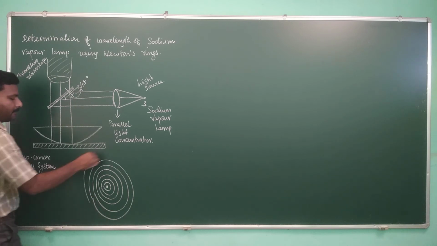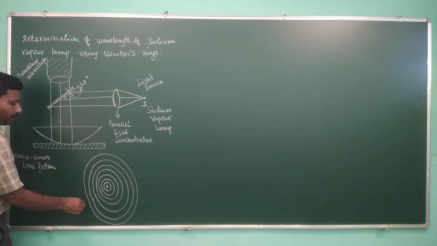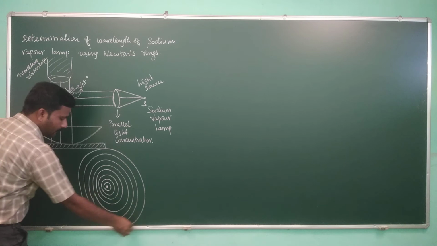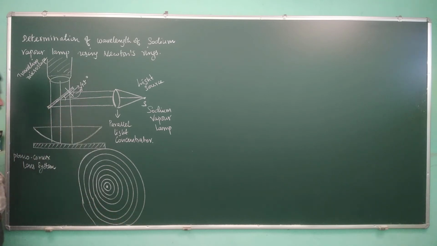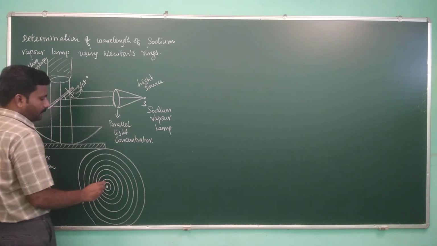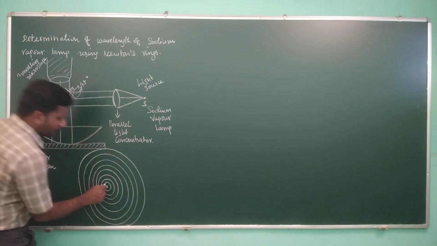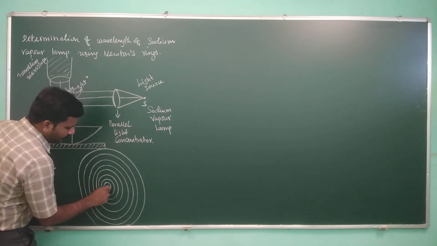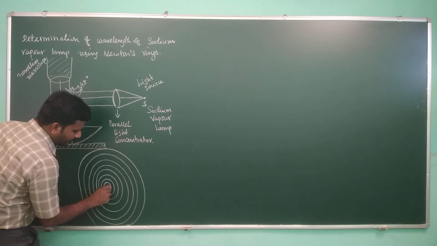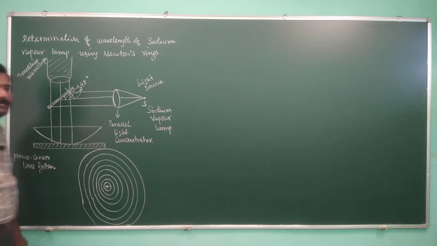From that experiment, we have to calculate the diameters. So we are going to do the experiment. From that experiment, we are going to calculate the diameter of the mth ring, the diameter of the nth ring, the diameter of the pth ring, right? So this is 0. If you calculate the diameter of this ring, it is the diameter of the first